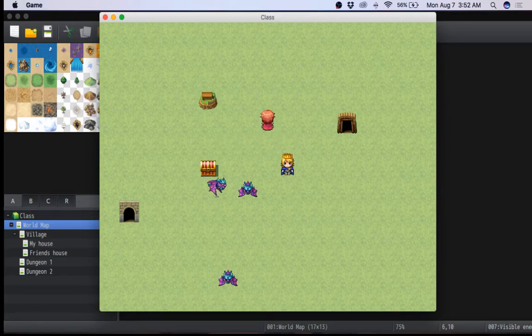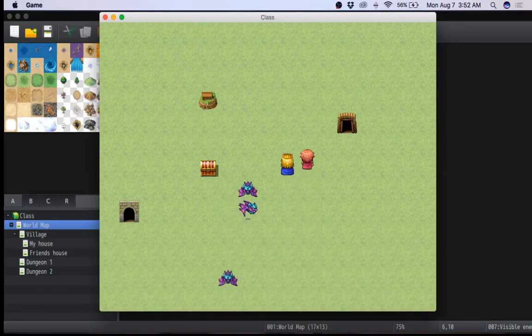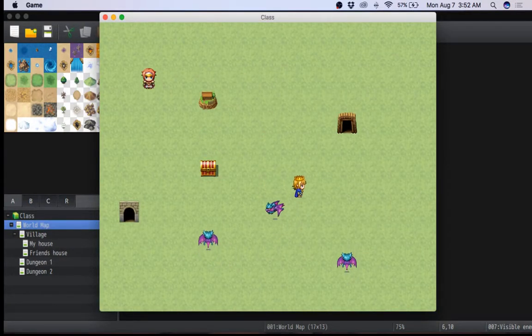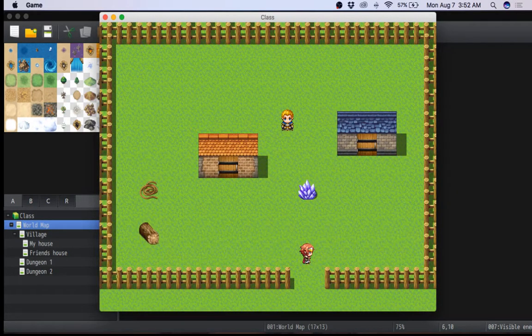So now you see the two dead enemies. Again, you can code it any way you want. Here you go, dead enemy. And then I'm gonna leave that one alive. And I'm gonna leave, I'm gonna come back, and booyah, all your enemies are alive again. There you go. That's how you create visible enemies without using up all your global variables for each and every